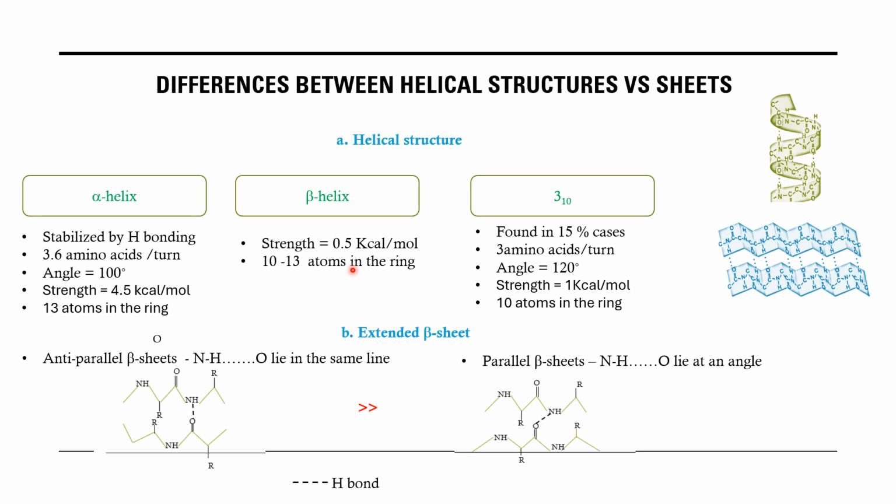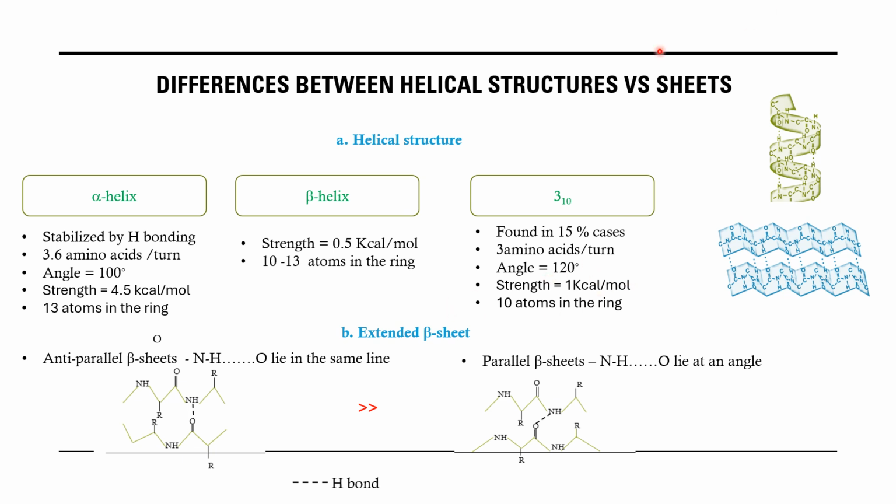The strength of the hydrogen bond formed is around 0.5 kilocalories per mole. We require around 10 to 13 atoms in the ring to form a beta helix. Finally, we have 3-10 helix, which is found in 15% of cases. The number of amino acids present per turn is around 3. The phi and psi angles are rotated to 120 degrees. The strength of the hydrogen bond formed is around 1 kilocalorie per mole. We require around 10 atoms in the ring to form